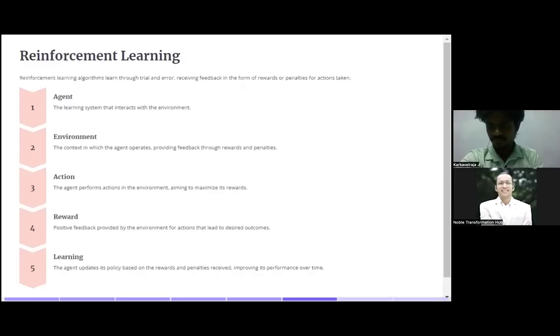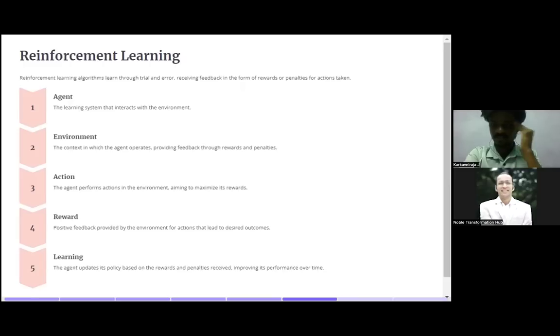Then we have action. The agent performs actions in the environment. I told you, it depends. A cleaning robot has a different environment and a different system designed for that action. So every agent will have a different environment as per the objective function, aiming to maximize the reward.